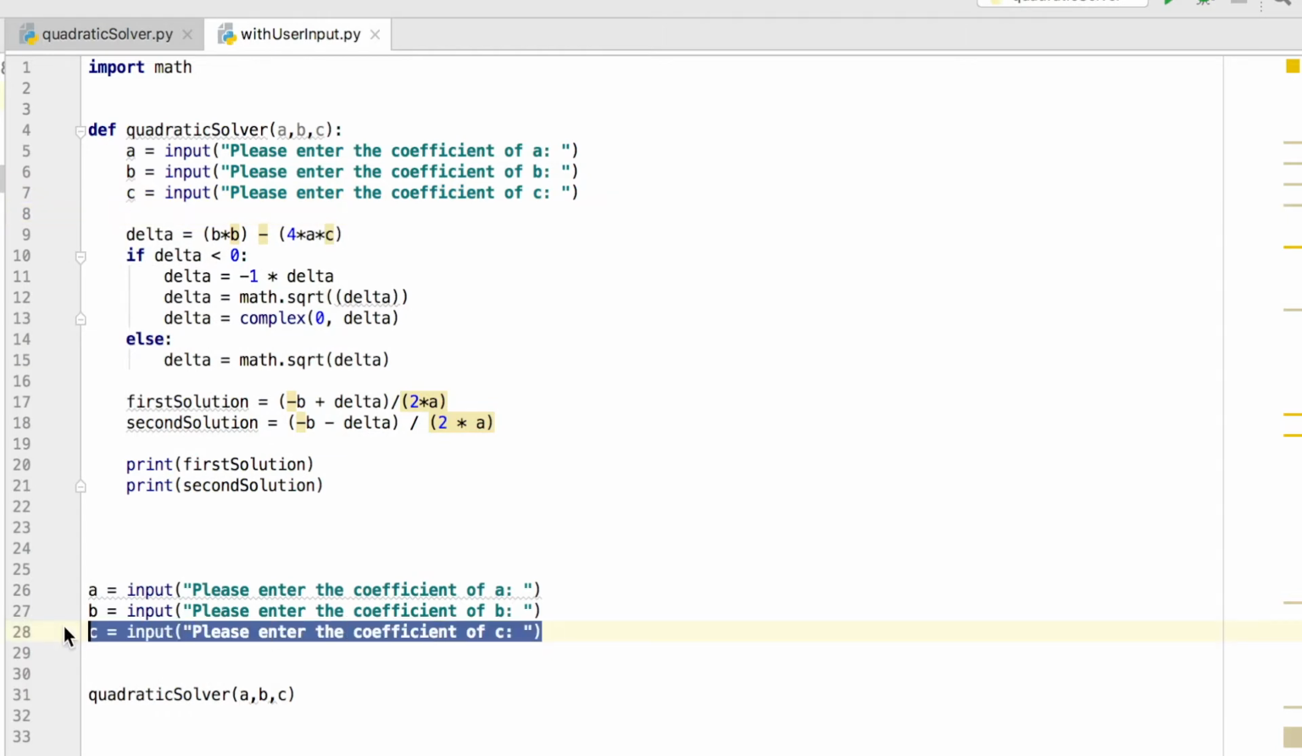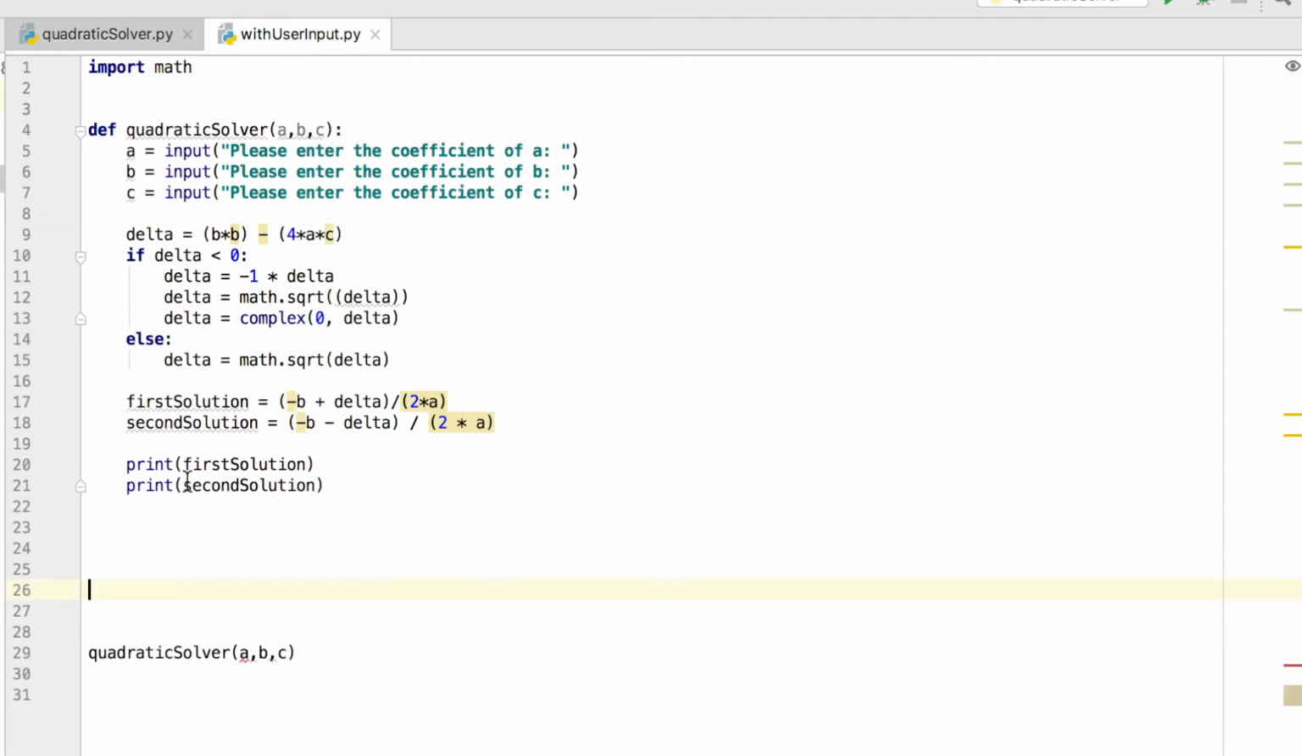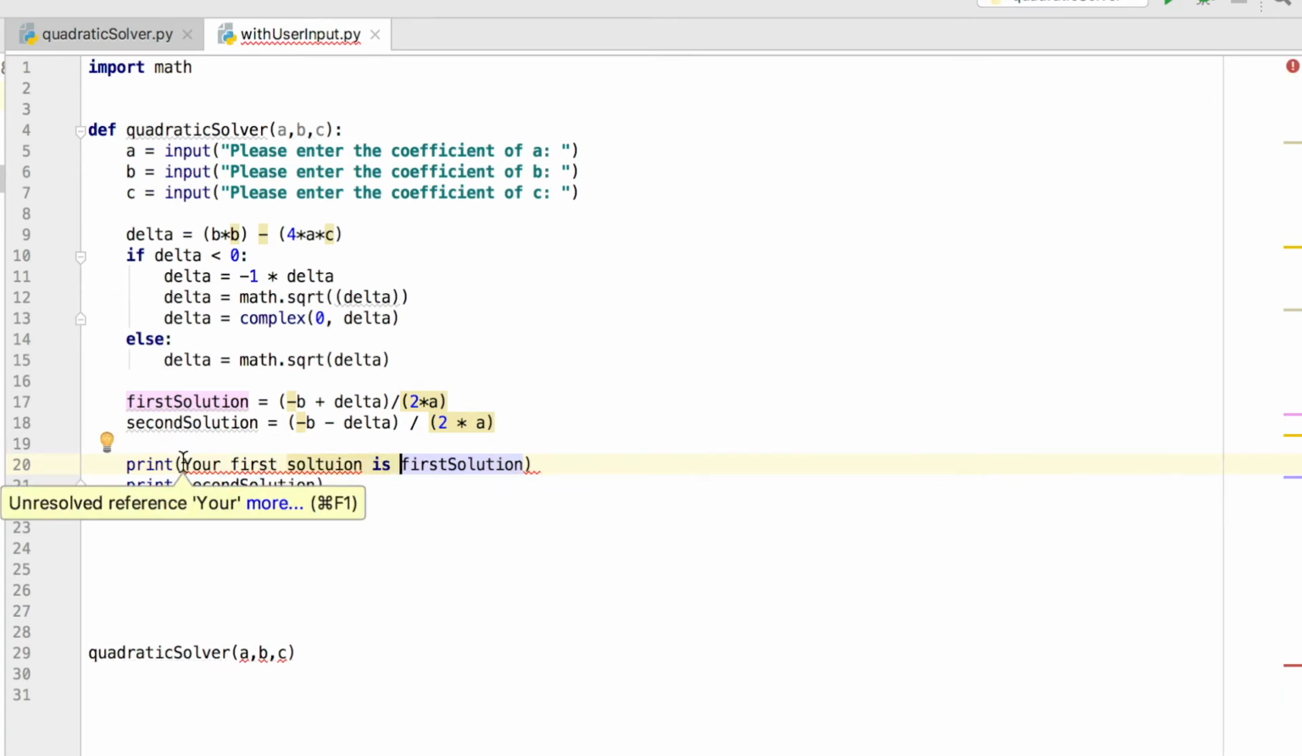And also we want to make it look more organized, more readable. We want to change right here. Instead of just showing the answer, we want to have some sentences or some phrase to refer to the first solution. Your first solution is,